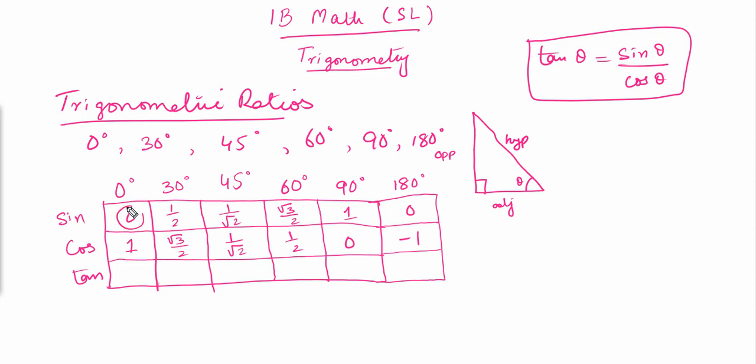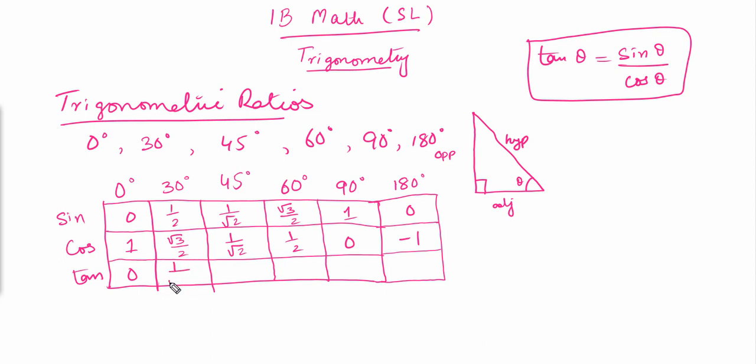Like this is sine theta and this is cos theta. So sine theta over cos theta will give us the tan theta. So the tan theta will be equal to 0 over 1, so it will be 0. Tan of 30 will be equal to 1 over 2 divided by under 3 over 2. So that would be equal to